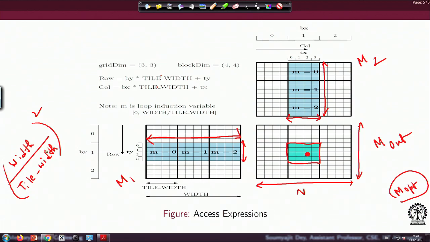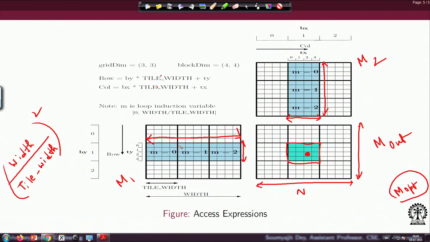Now let's try and look into the functioning of this optimized method. First of all, since I have broken down the matrix into this kind of coarse grained distribution of blocks, which I am now calling tiles, observe that for computing this output tile, I need a loop which should iterate through M1 and access 3 tiles, because this is the region we have marked which needs to be accessed.